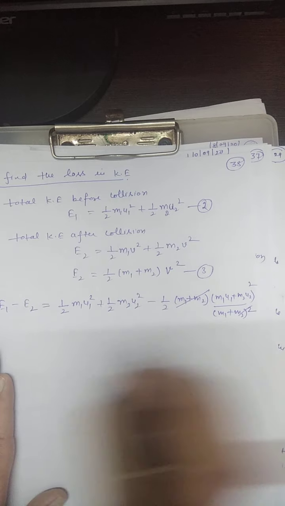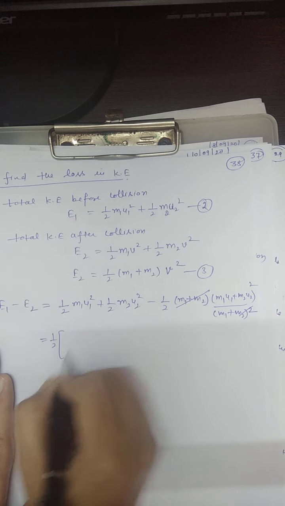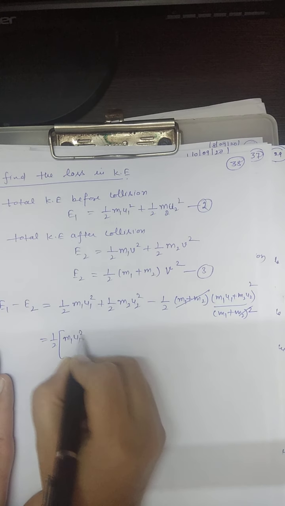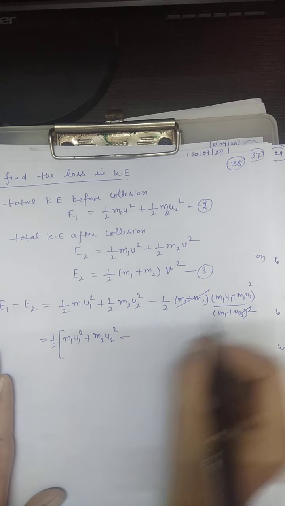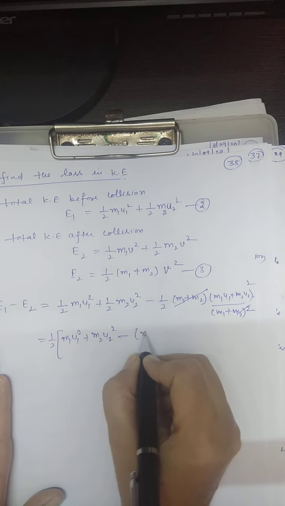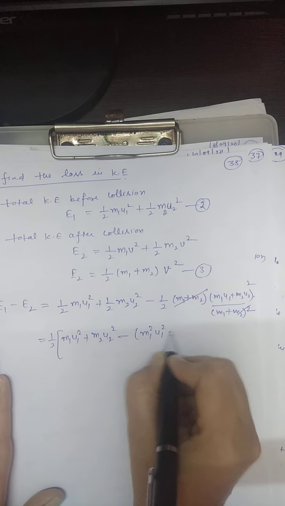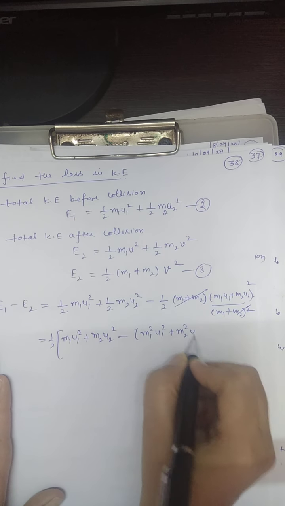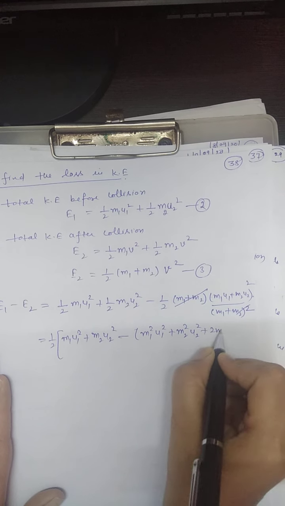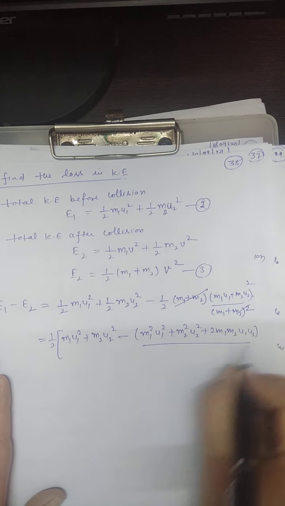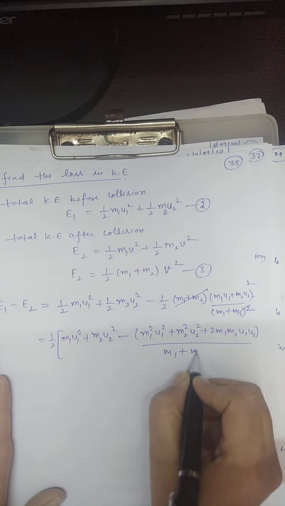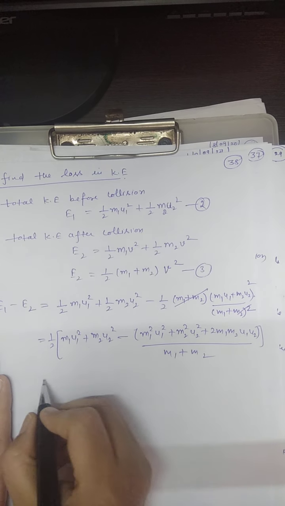One of the squares gets cancelled out, half you can take common, this becomes m1 u1 square plus m2 u2 square minus, I will open the square, m1 square u1 square plus m2 square u2 square plus 2 m1 m2 u1 u2, divided by m1 plus m2, right? Now we will take its LCM,